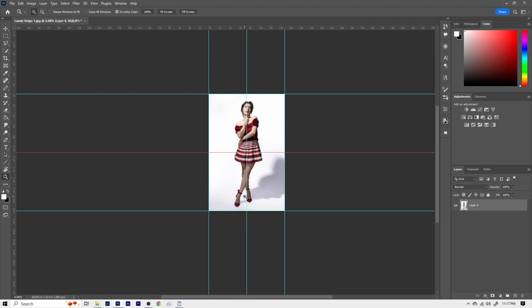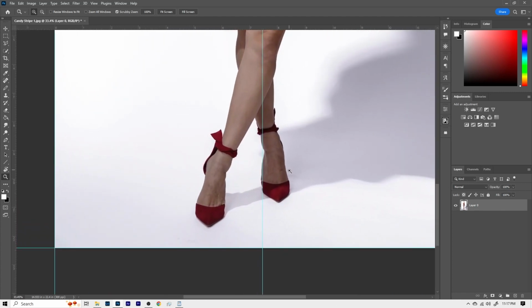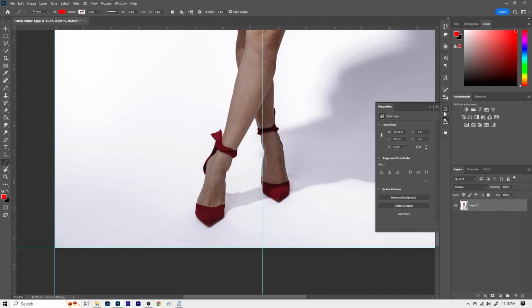So we're going to figure all that out by the pitch of the ground. Now how we're going to do that, we're going to take our line tool. Let's make it a red color. And let's just draw a line between these contact points. Let's go with the tip right there. And let's come over here to this one.